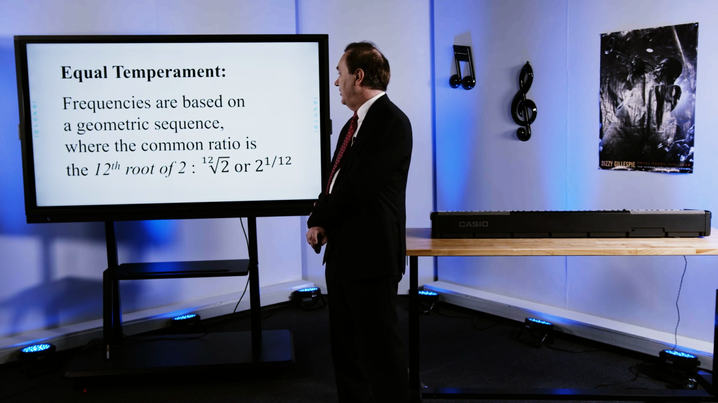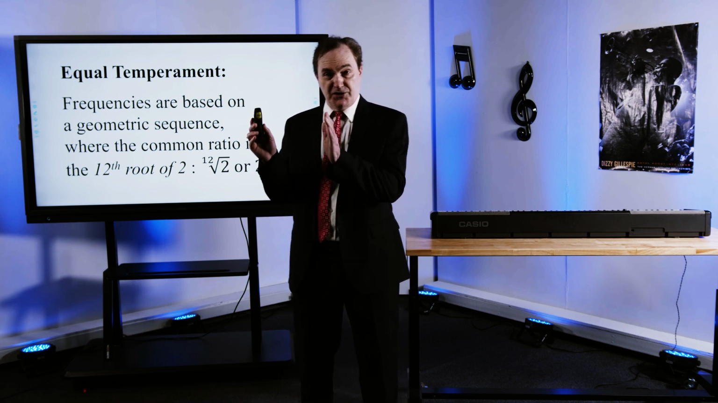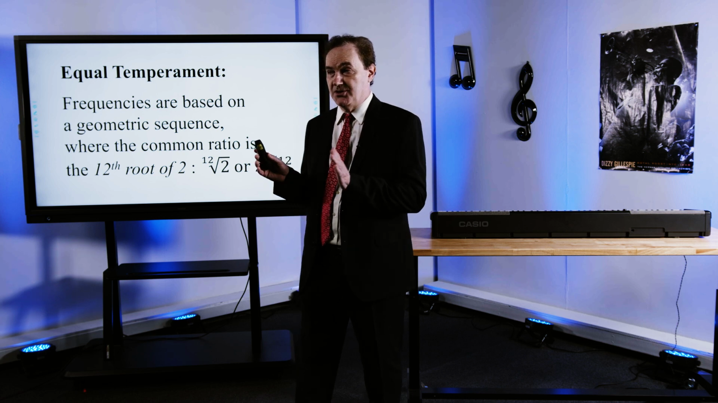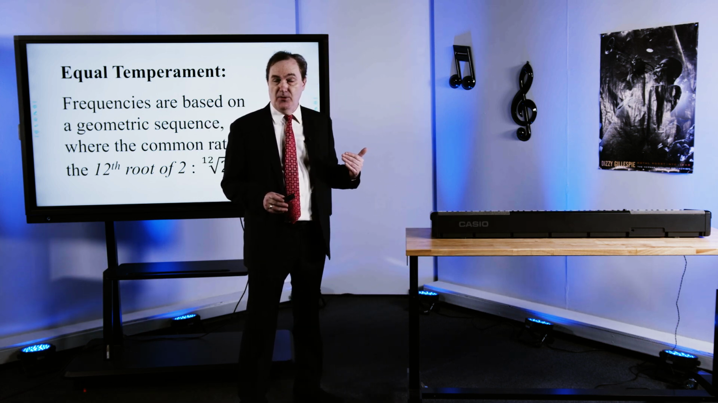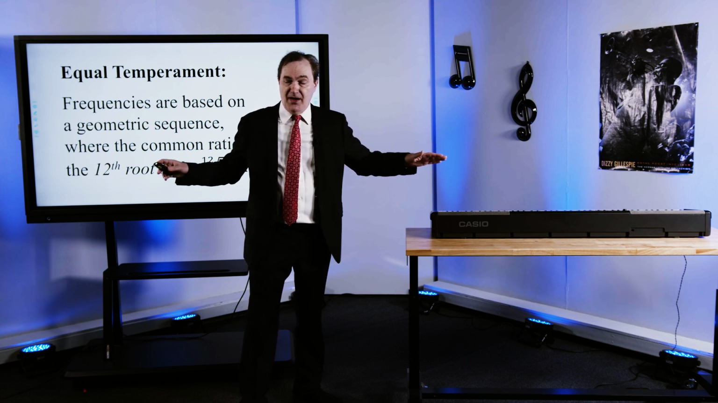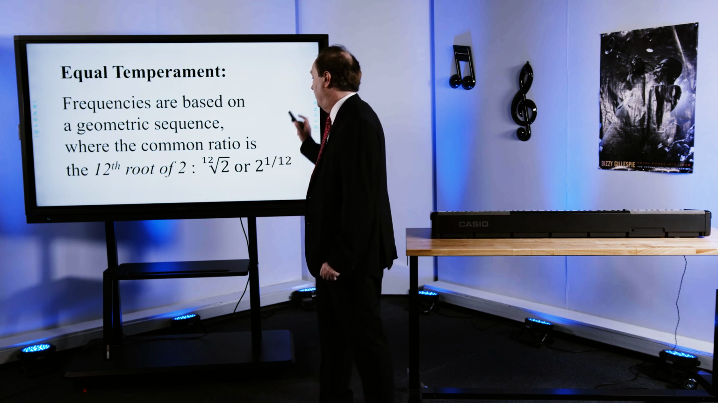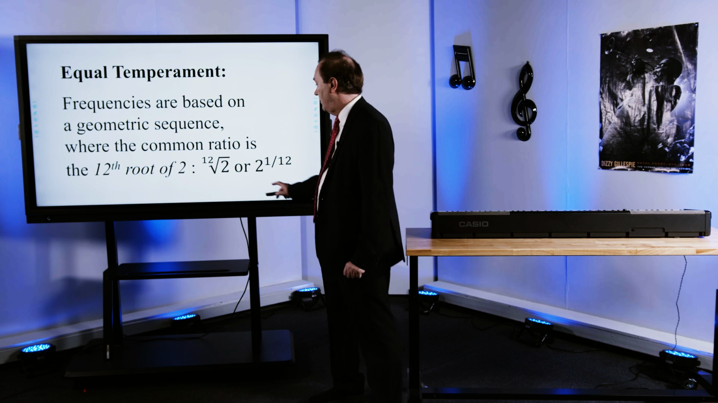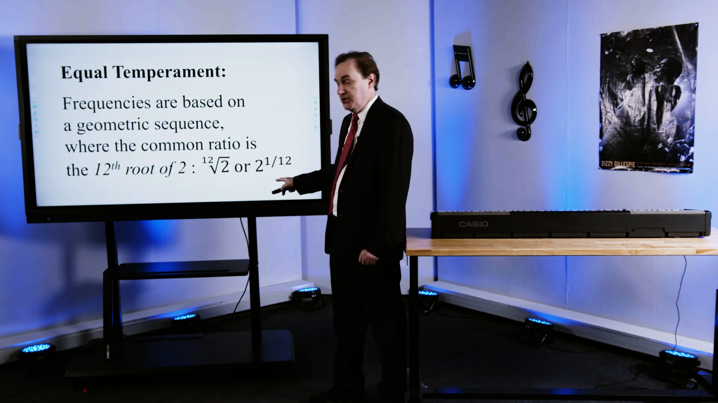In equal temperament, frequencies are based on a geometric sequence. Now, what is the common ratio? Now, if you were just doing the notes within one family, we already said that the common ratio is 2. But if you want a geometric sequence that gives you every note on the keyboard, encompassing all the families together, you need something more complicated. What you need is a common ratio, which is the 12th root of 2. You can write that in radical form, 12th root of 2, or you can write it in exponential form, 2